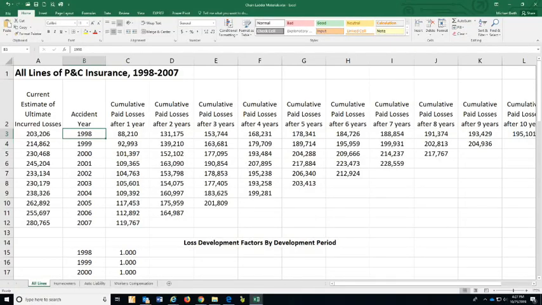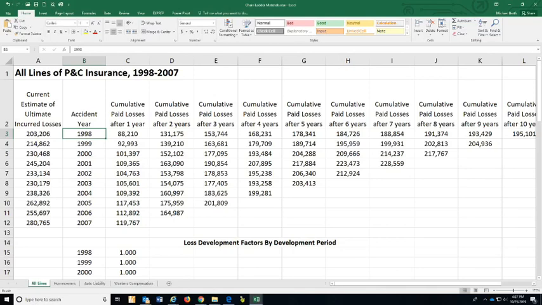All right, this is an example of a loss development triangle. What we have here, we're going to do cumulative paid loss development for the insurance industry itself, the property casualty insurance industry. As explained in the notes,